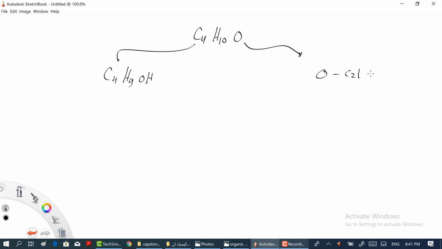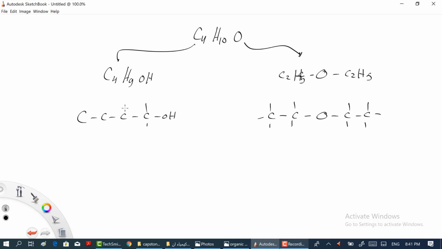If we said that when you have C4H10O, it will be again C4H9OH and OC2H5, C2H5. It will be like this: C2H3, C2H3. For this, it will be 1, 2, 3, 4 OH. 1, 2, 3, 4, 5, 6, 7, 8, 9. Okay,